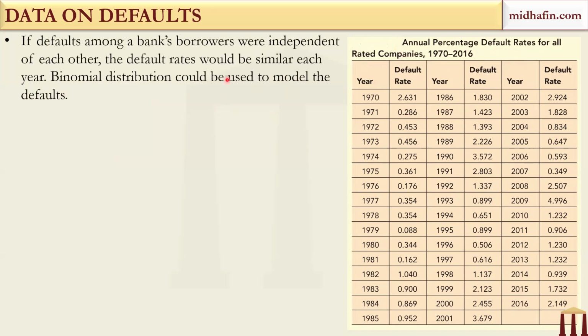We'll also see some other tables as well. If default among a bank's borrowers were independent of each other, then the default rates would be similar each year. And then the binomial distribution could be used to model the defaults. Okay, because the binomial distribution,